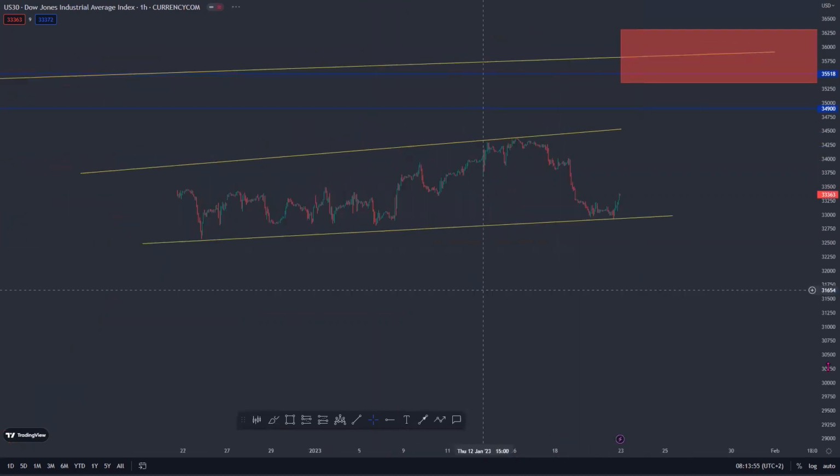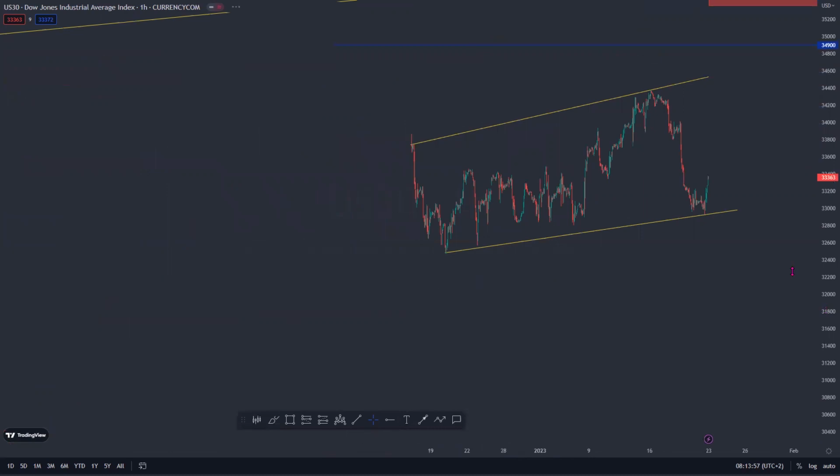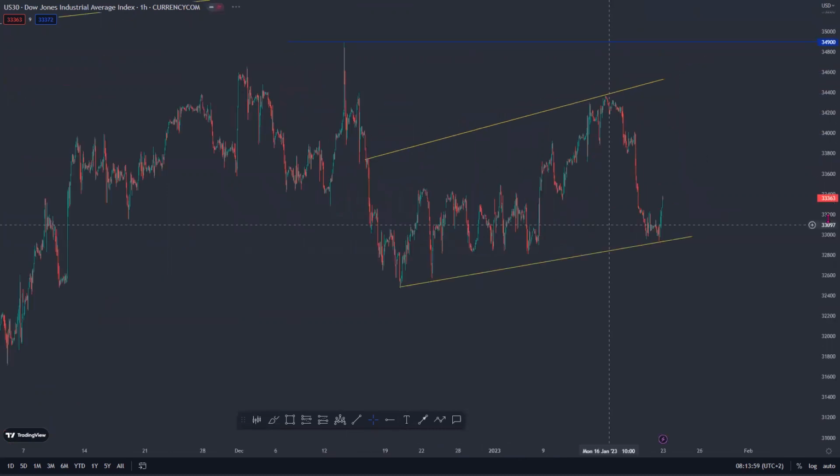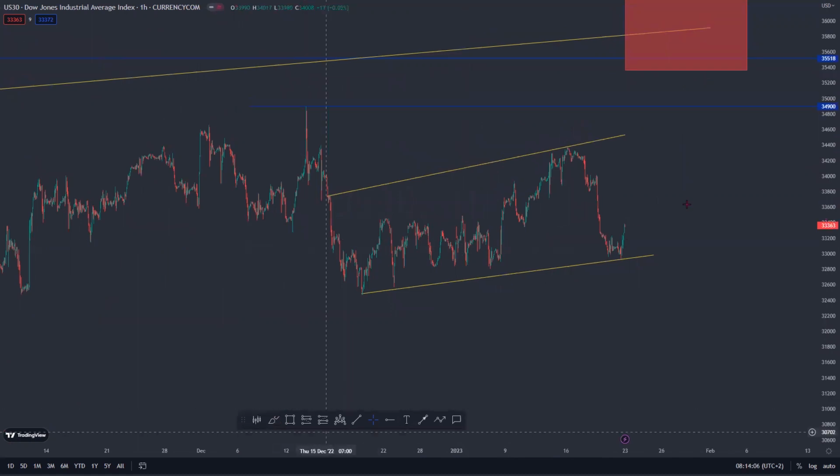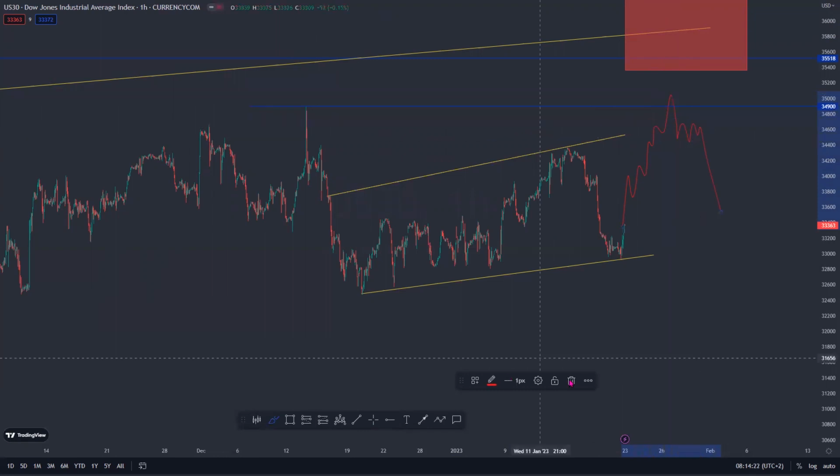So on 1 hour, looking straight at it, we are having this type of structure. So basically what might happen is the market might push up and break our trend line and test our high, and after, break below it, give us a correction and start looking forward for sell opportunities. So for me, next week